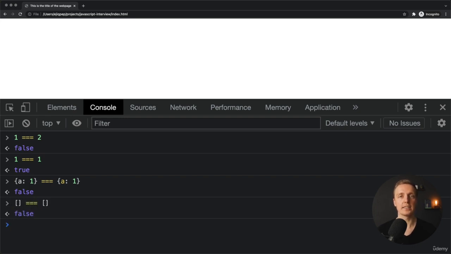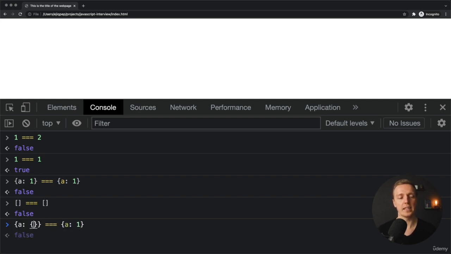And yes, we can understand why it is working like this, but it is not comfortable because normally developers want to compare arrays and objects by values and not by reference to the object in the memory. This is why we have shallow comparison and deep comparison functions. So the idea is that shallow comparison is faster than deep comparison, but it will fix problems with comparing objects or arrays. It will fix only non-nested arrays or objects,